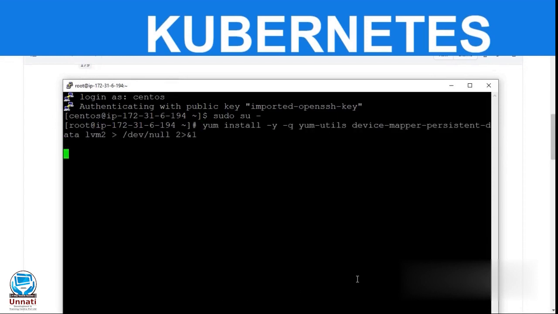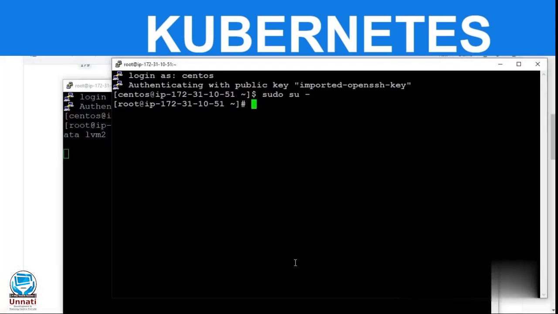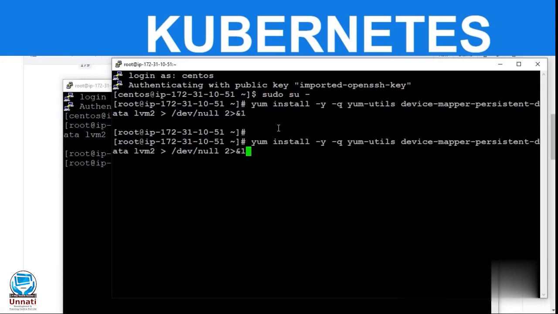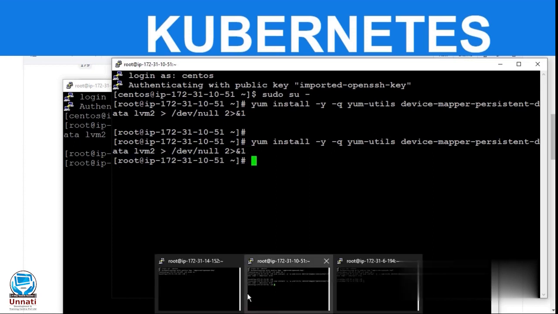First let me just install the device manager on my 3 nodes. Here I am doing it on working node 1, and the same process will be followed for working node 3.